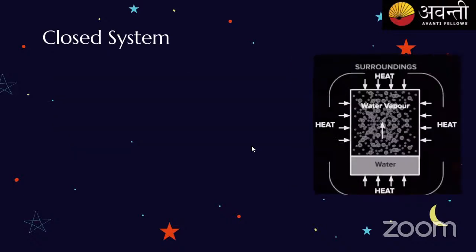So here the water vapor is not escaping from the system towards the outside of the system. Here matter exchange will not be there, but what are you initially seeing? The heat we are transferring from the surroundings, that is outside, into the system to boil the water. This is heat transfer, but there is no matter transfer here. The matter is not escaping from inside the system towards outside the system.